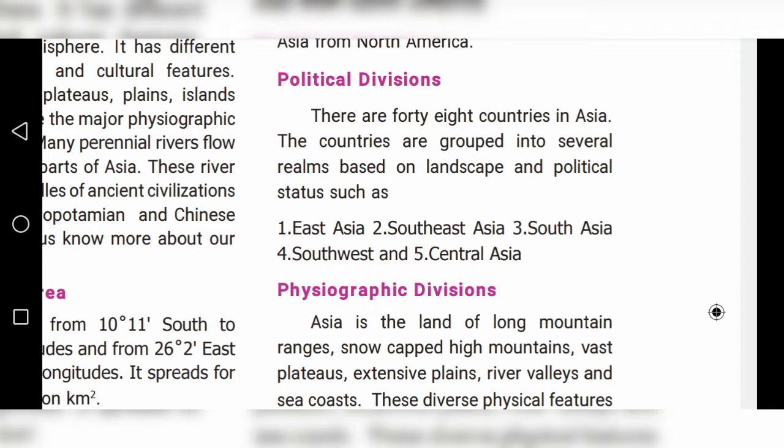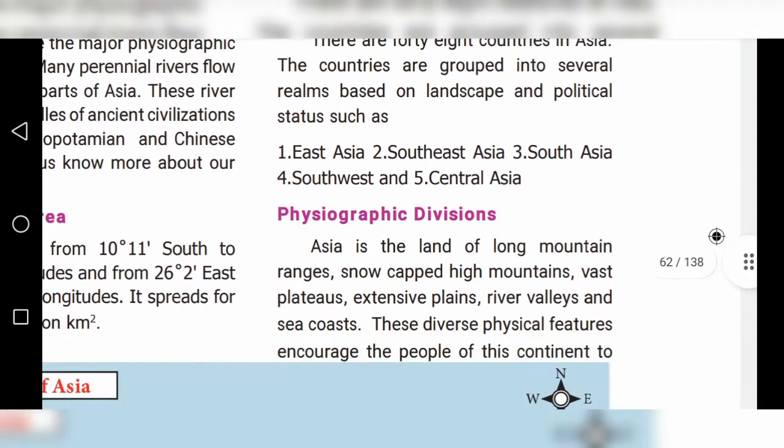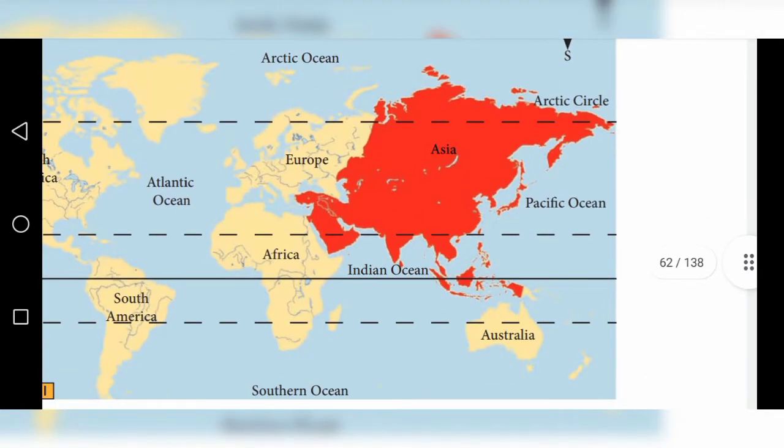That is called South Asia. Fourth one, Southwest Asia. And fifth one, Central Asia. These are all the 5 major landscapes of Asia. Okay, children. Next one, we are going to see